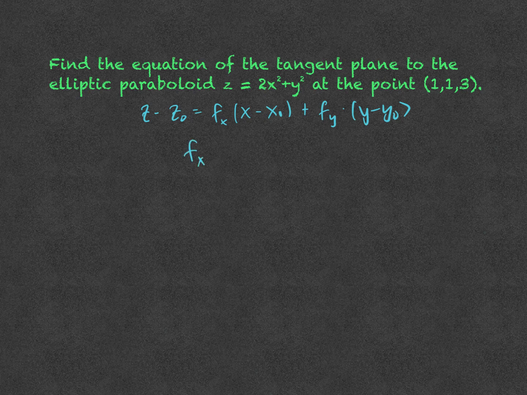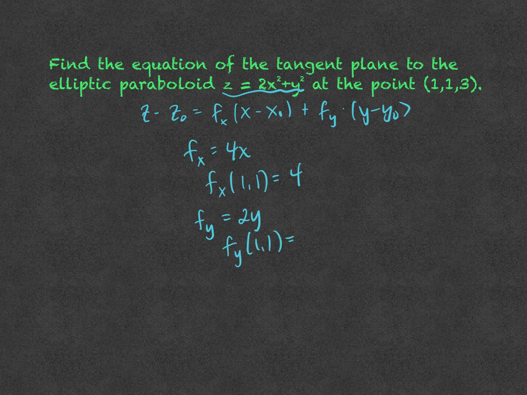Let's start with the partial with respect to x. We have this elliptic paraboloid, and the derivative with respect to x is 4x. Then you're going to plug that in at the point 1, 1. So we get 4 for our partial derivative with respect to x. Now let's find our partial derivative with respect to y. The derivative of that function would be 2y. And then at the point 1, 1, we plug in 1 for y and